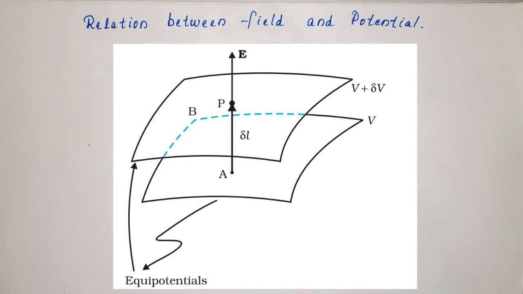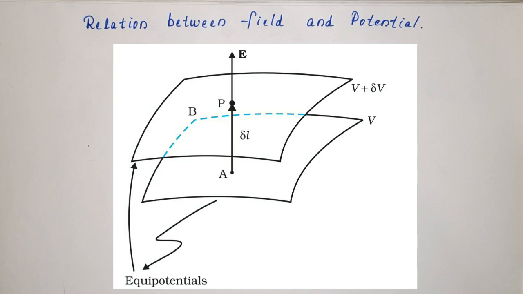So what is the potential difference between the two? The potential difference between the two is delta V. Now we are considering a unit positive charge which is being displaced from the surface B to the surface A. So from where to where is this unit positive charge displaced? From the plane B to the plane A. On the plane B there is a point shown, the point P, and from the point P it is displaced to a particular point on the surface A.